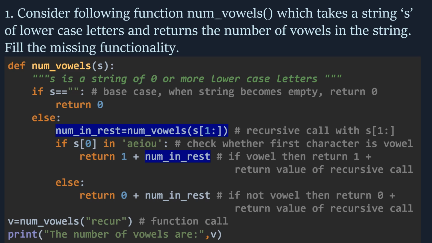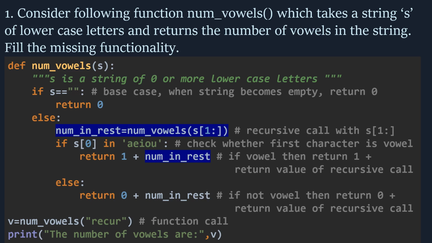Now, if s[0] in AEIOU, that means the first character of the string, if it is a vowel, then it has to return 1 plus num_in_rest. Otherwise, it has to return 0 plus num_in_rest.